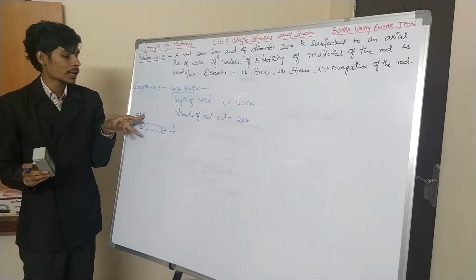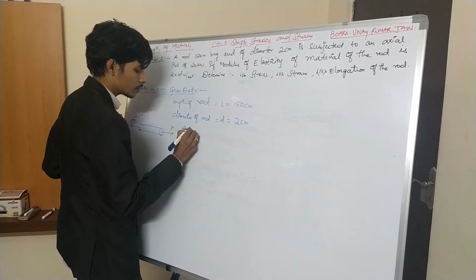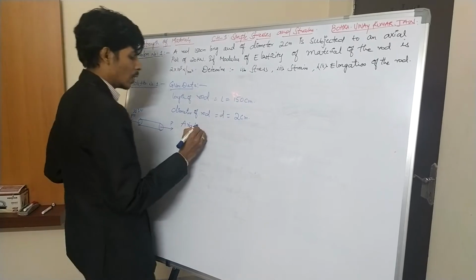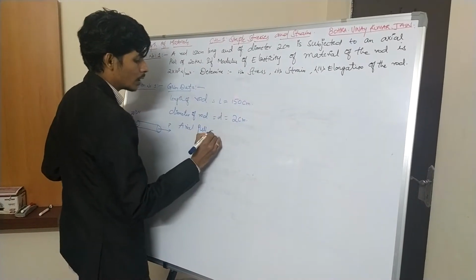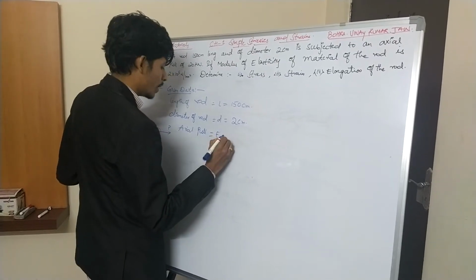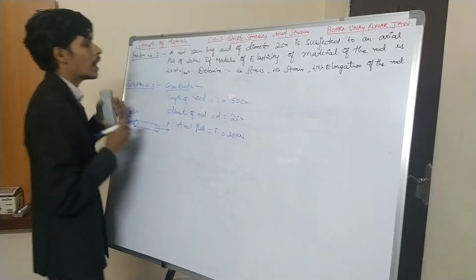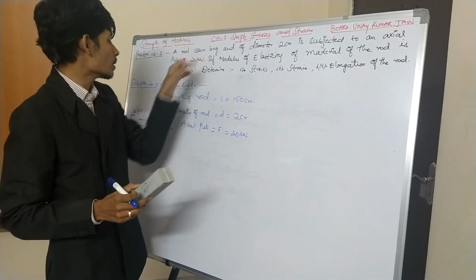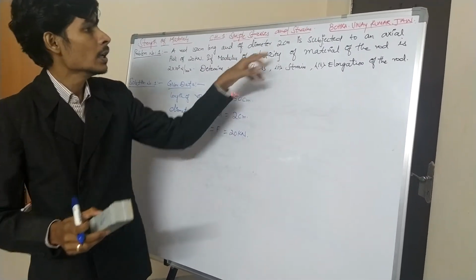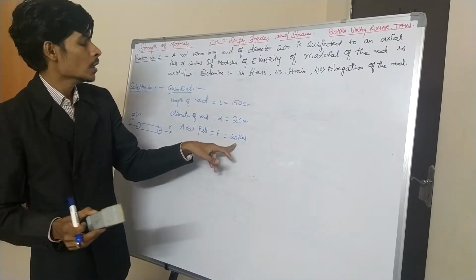The units for force are Newton. Given is an axial pull, that is nothing but the tensile force or tensile load which is acting. You can denote it by F or by P also. How much has he given? 20 kilonewton. Given is a rod of 150 centimeter long, that is the length of the rod. Diameter 2 centimeter, the diameter of the rod. Subjected to an axial pull of 20 kilonewton. So we have taken the axial pull or load as 20 kilonewton.